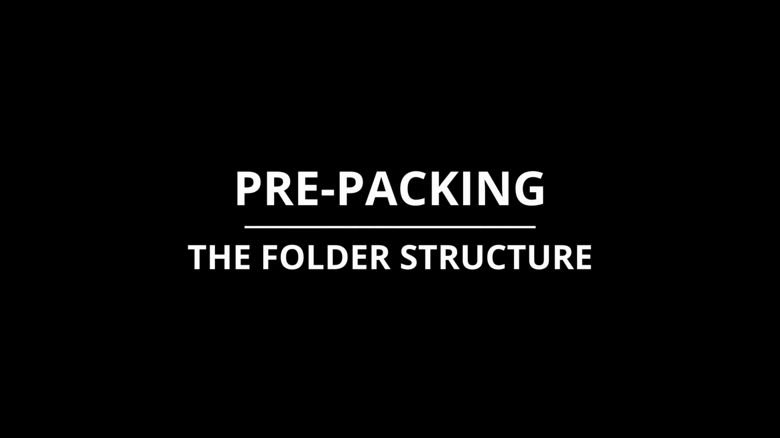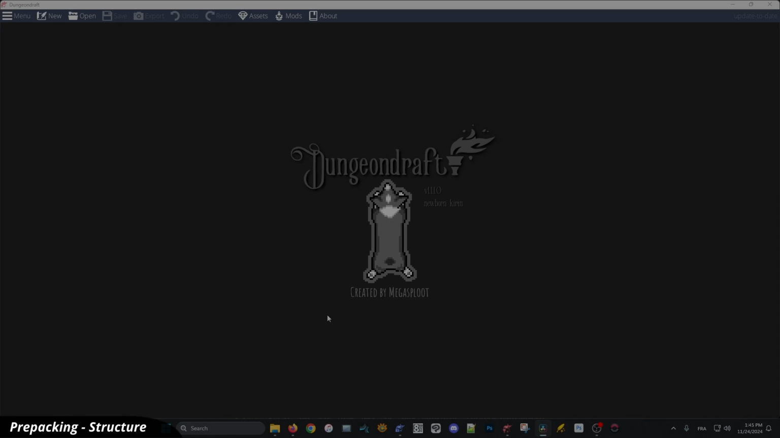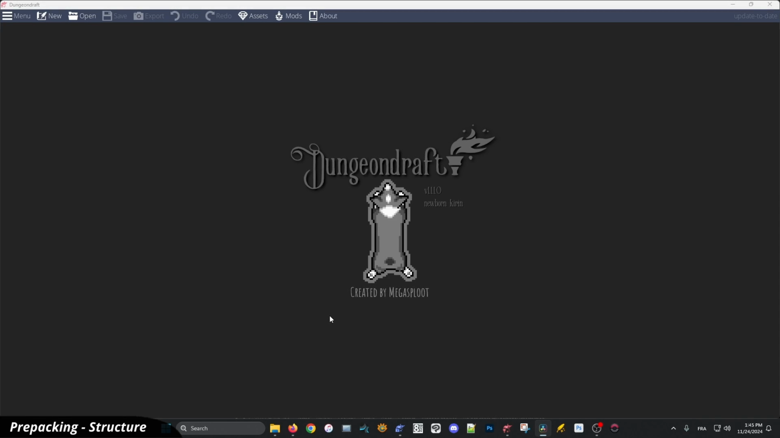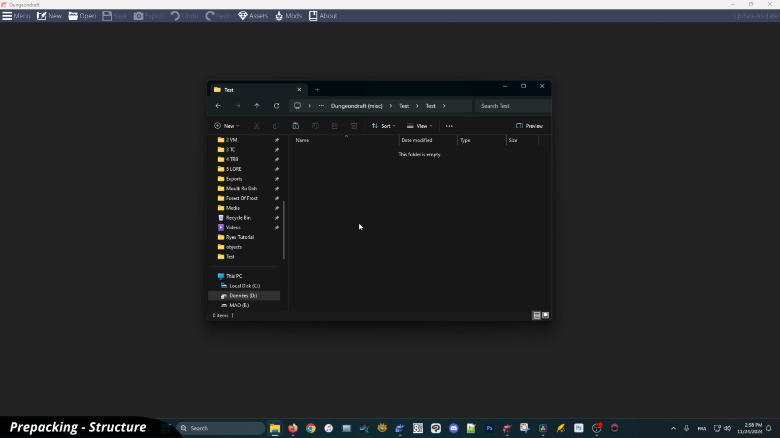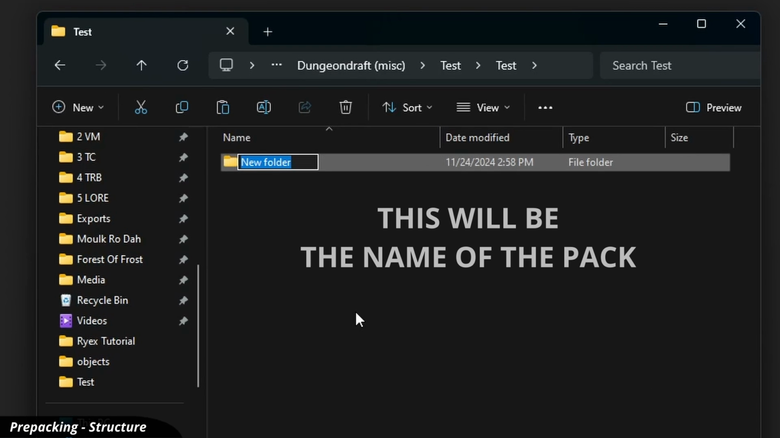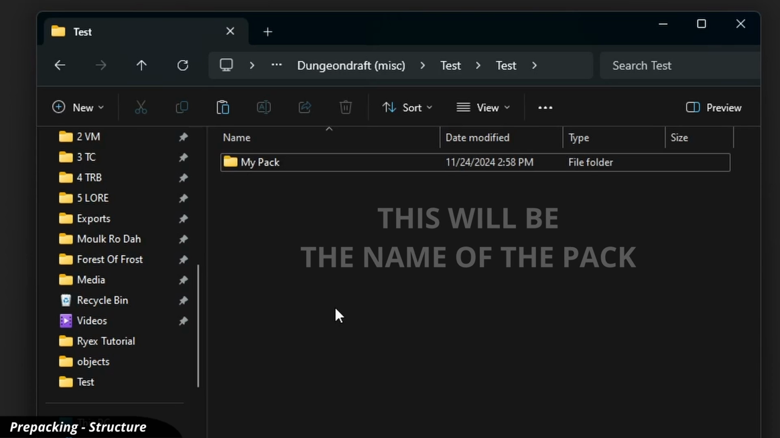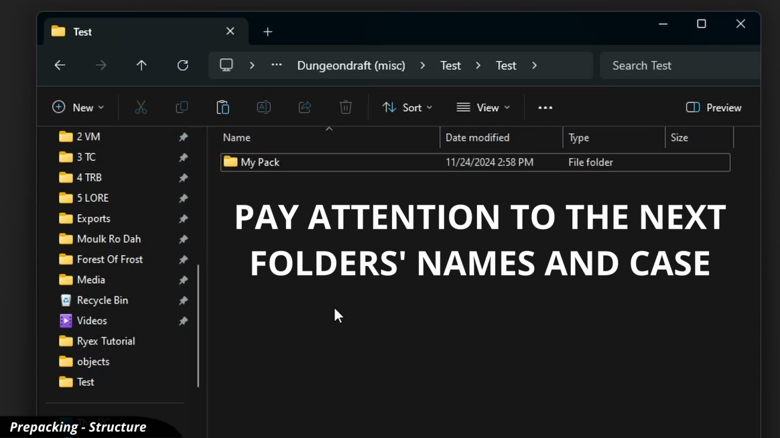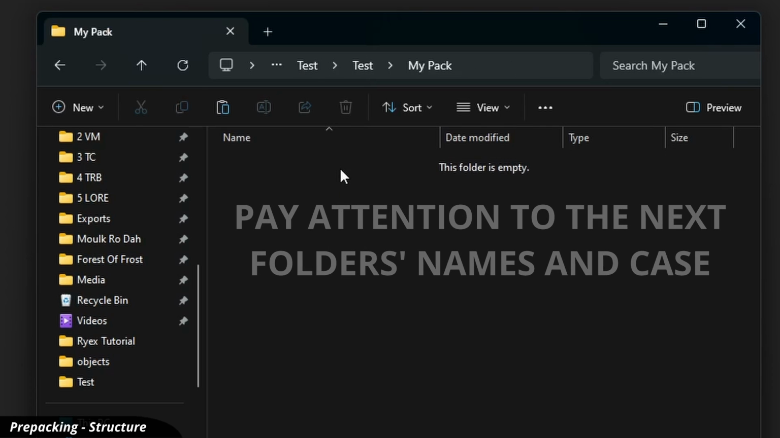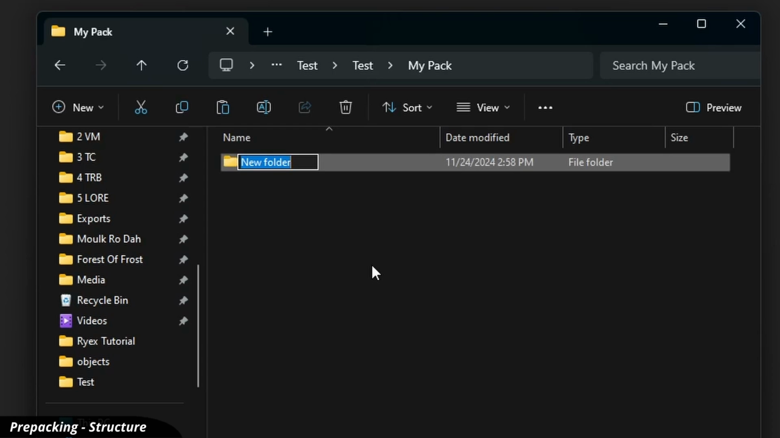Now let's have a look at the folder structure. I won't go into the super niche details of some of the subtools, as you probably won't need them right away. You need to start with a folder that will have the name of your pack. Let's say My Pack. From here, it is very important you name your folders the exact same way as I do, capital letters included. In the folder, you will need a textures folder without capital T and with a S